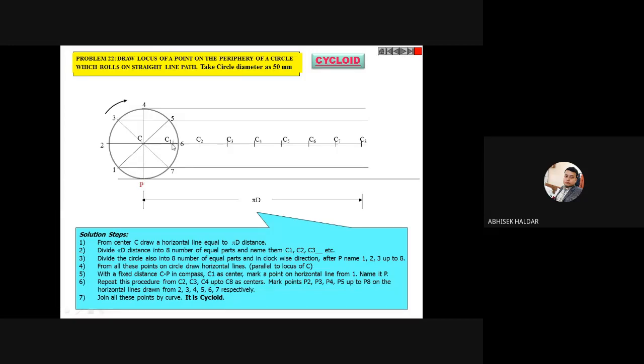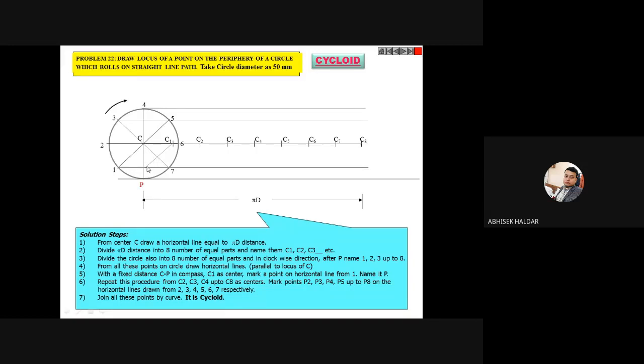Place it at C1, the first center point. One leg of the compass is placed at C1, and you cut the first line. First line means the line which is coming from point 1, that means this much length. You can see one straight line from this C1 to this length. So you have taken CP in your compass, you place it at C1 and you cut the first line. Here the first line and the seventh line are the same. As I am placing at C1, I am calling it the first line. So you will get an intersection point over here.